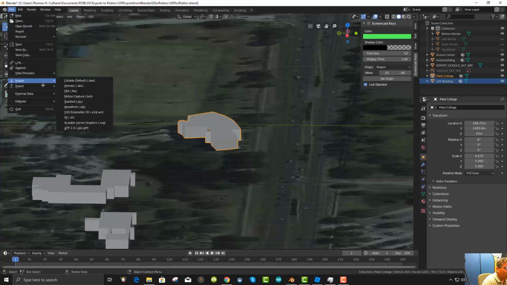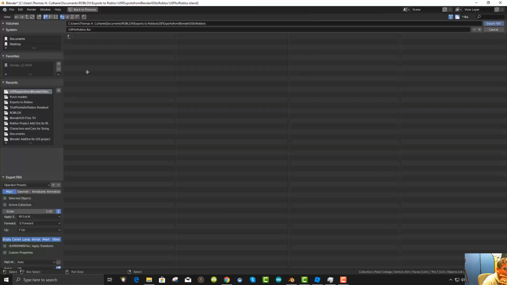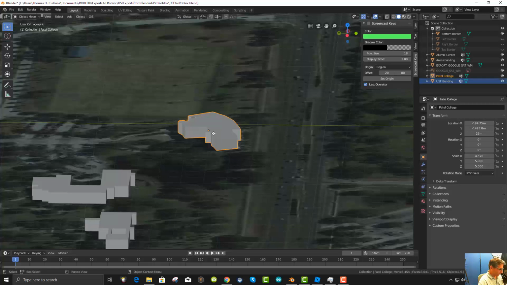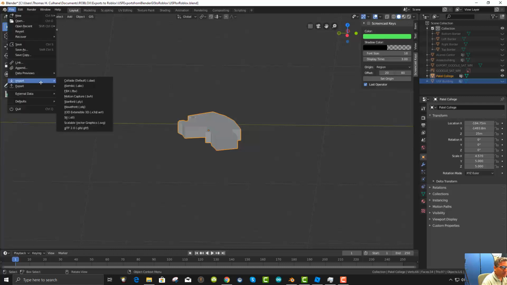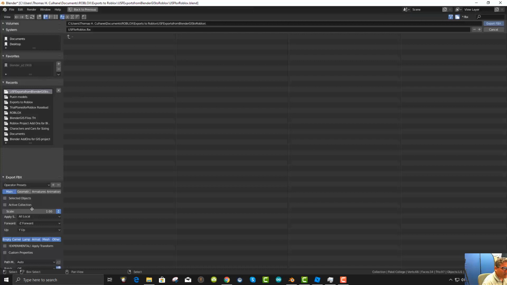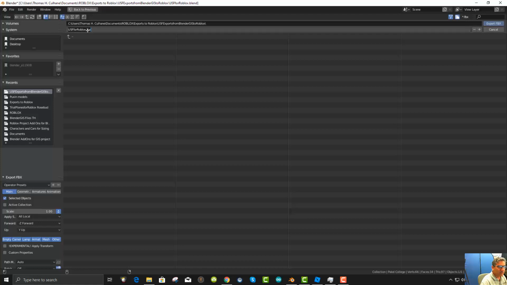I'm going to export as an FBX and see if that makes any difference. I'm going to export the selected object. Oh, I've got to get rid of everything else. So this is selected, and I'm going to hide everything by hitting Shift-H to get just that. And I'm going to export as an FBX and do selected objects only. The number of triangles is small, it's 97. And I'm going to export this as Patel FBX,